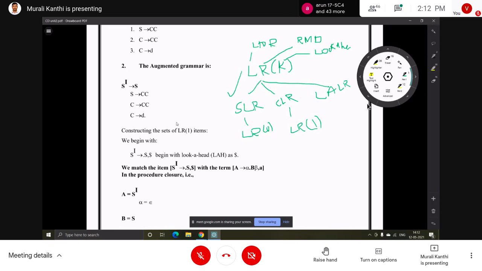And one is output, which tells the sequence of actions performed by the parser. Based on the input symbol, the top of the stack, and the entry in the table, the parser takes the action. That is the last step.